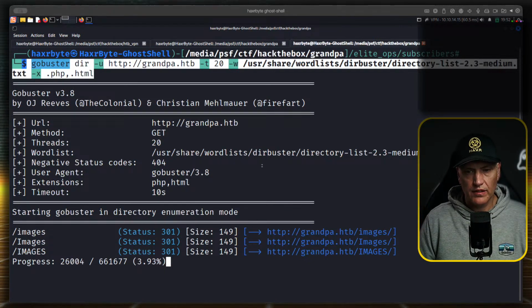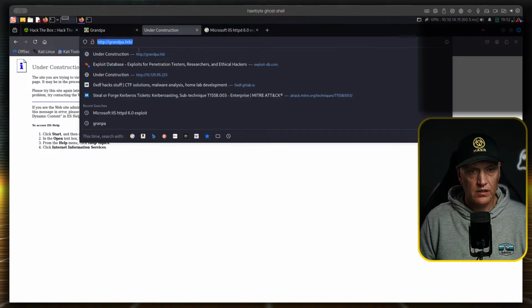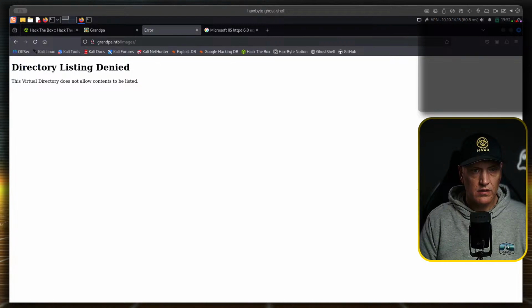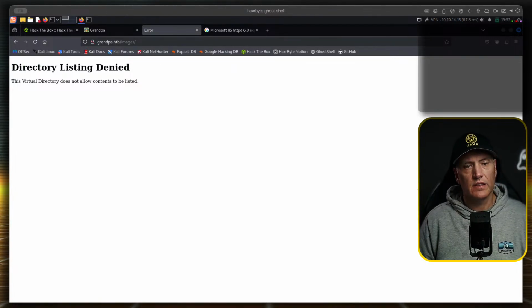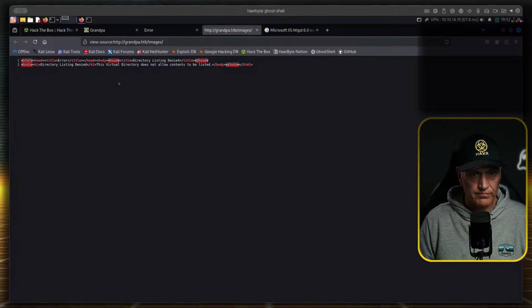See if we can go to these images. Directory listing denied. Let's look at the page source.